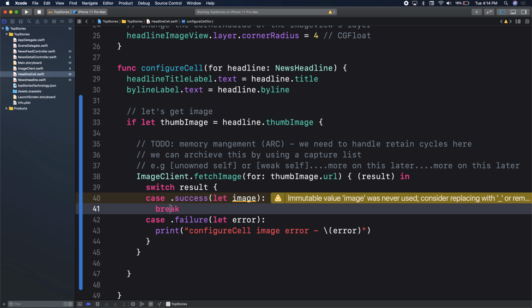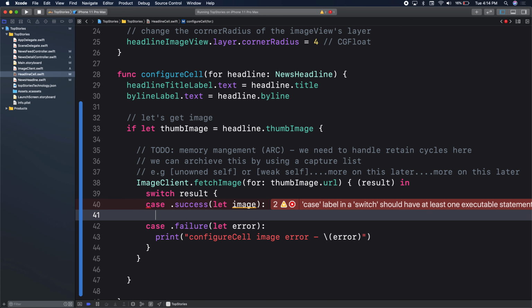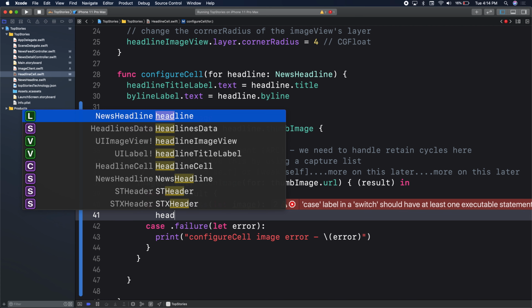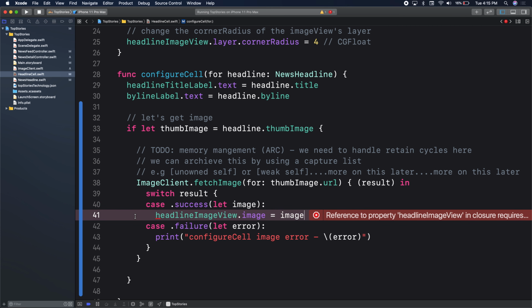And for my success, let's go ahead and set up our image view. We have an image view, great. So here we have headlineImageView.image equal to image. Look at that. That last 45 minutes, all for number 41. Was it worth it? Okay, so here we have an error: reference to property headlineImageView in closure